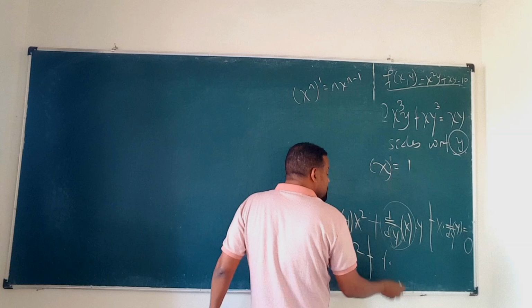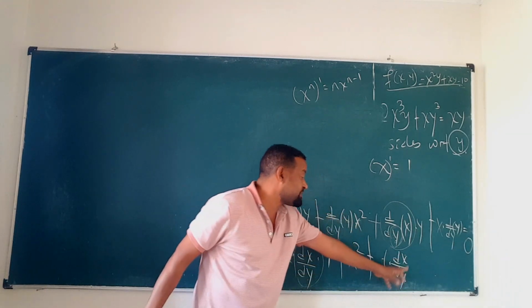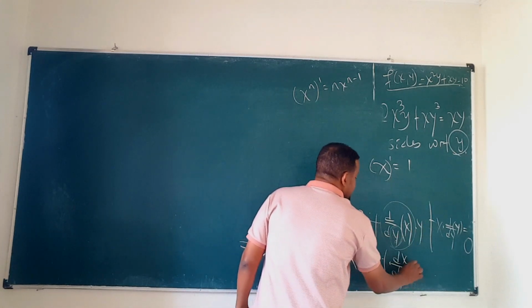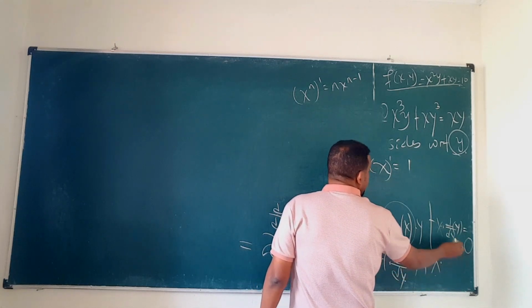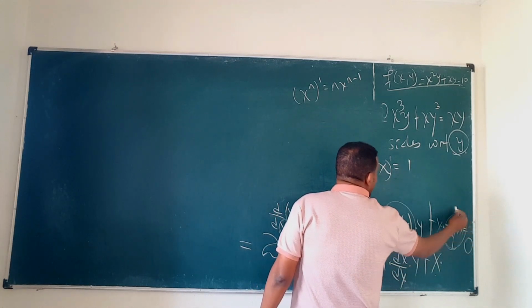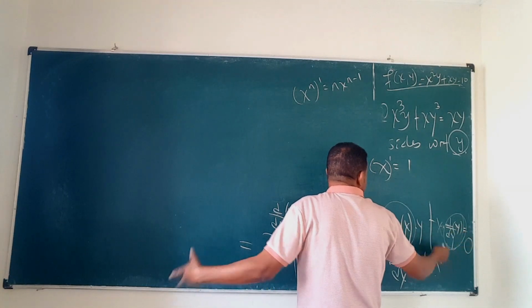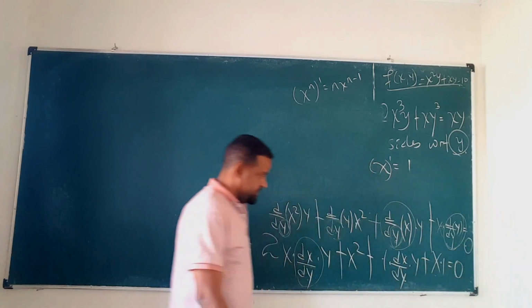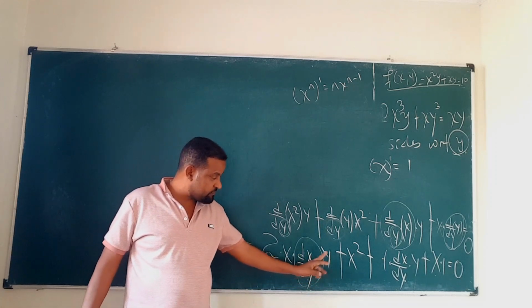the derivative is taken, so x derivative with respect to y, we write dx by dy here, right? Okay, times what is here, times y, okay, plus now here there is x. What is the derivative of y with respect to y? dy with respect to y, which is 1, so we don't write it, which is 1, so which is 0. Now look here, so 2x times dx by dy times y